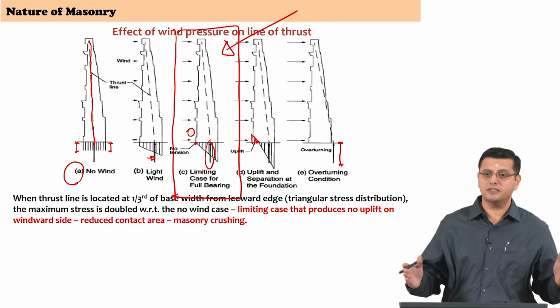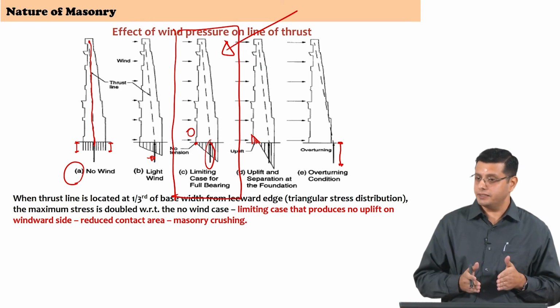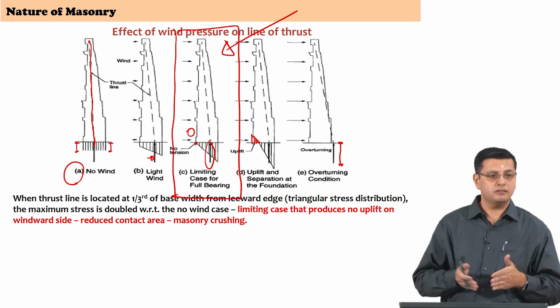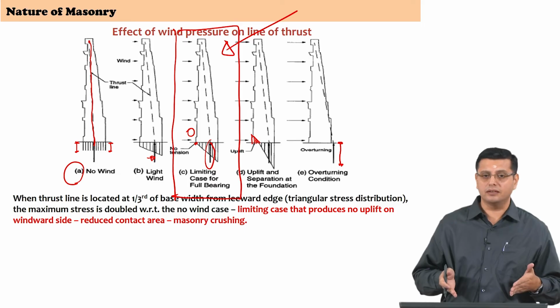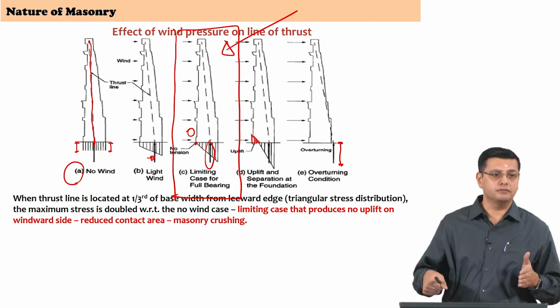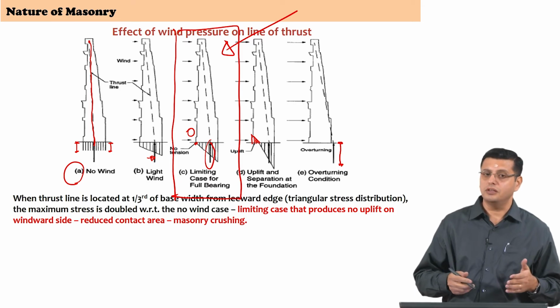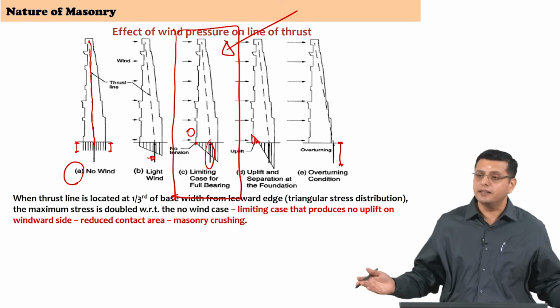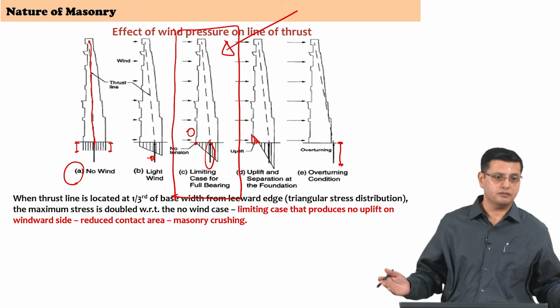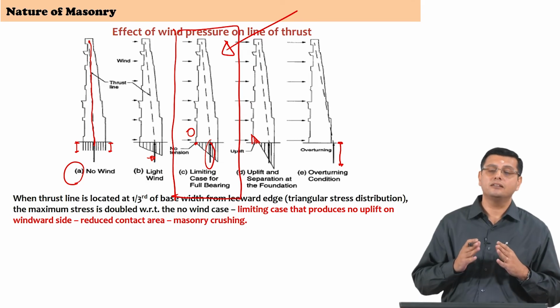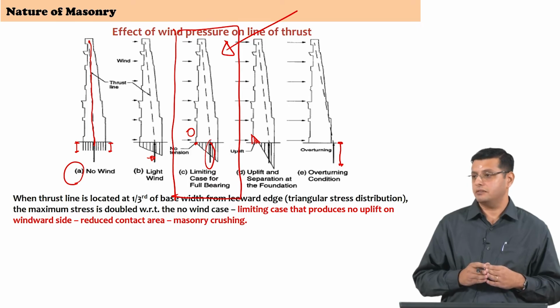If I were to increase the dimension, the width of the cross section, the width of the base itself, the middle 1/3 increases, right. We were only talking of t/3. If t is the thickness or the width of the cross section, t/3 is the middle 1/3. The game is bringing this resultant within the middle third for the combination of gravity and lateral forces. So, the easiest way to do that would be to increase the width of the wall cross section,